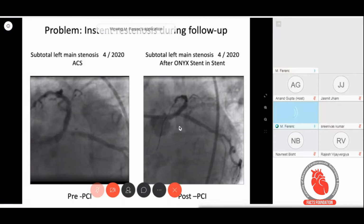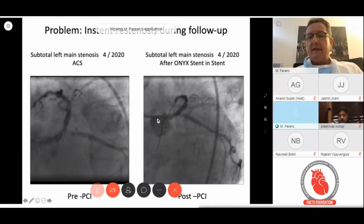What we have done, we put wires in 7 French. On both wires, we had balloons prepared. Wires and balloons were here. And then we started to wire the LAD and to wire the circ. It was a bit more difficult. However, after wiring, we could go very gently and very quickly to the ostia of the LAD and circ,